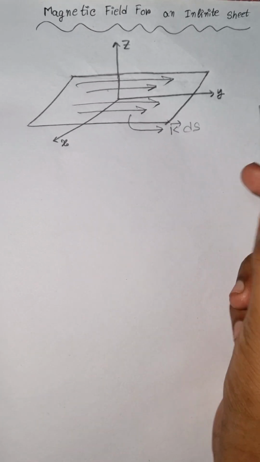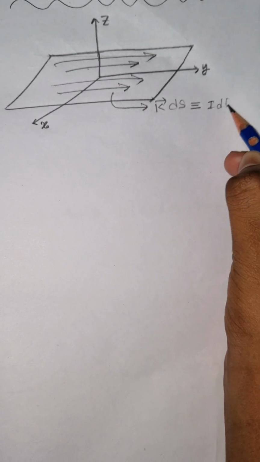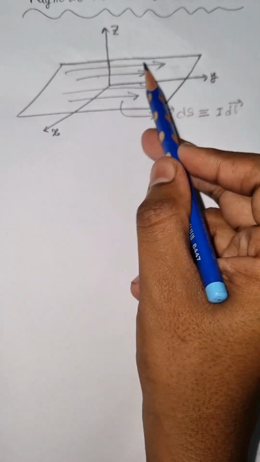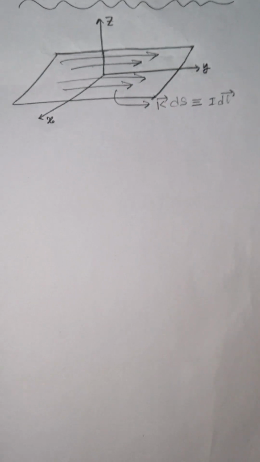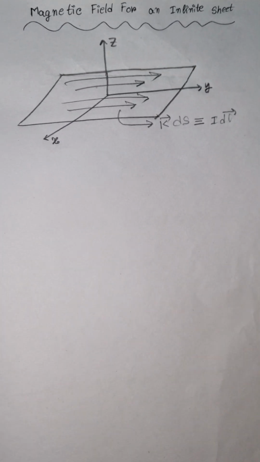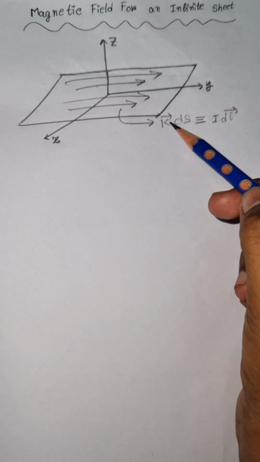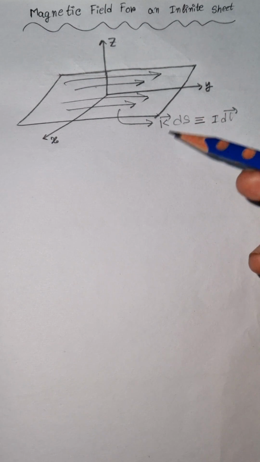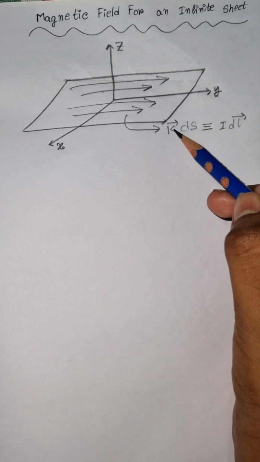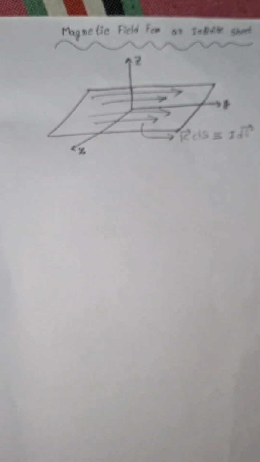K ds, which is equivalent to the current element I dl for a line current. This is not current actually, this is a representation of the current element, which is K ds, which has a unit of ampere per meter, or the unit of current, multiplied by the unit of length, which is K ds for this sheet. And now